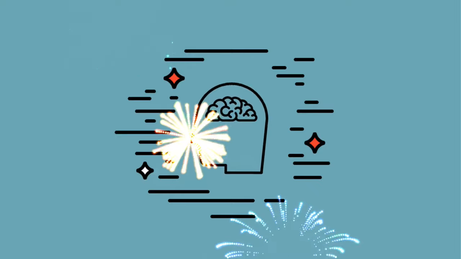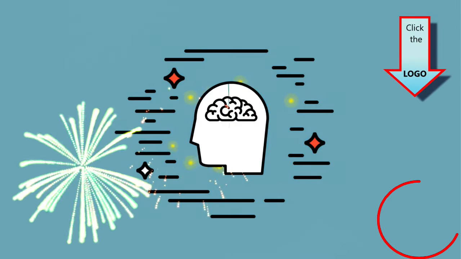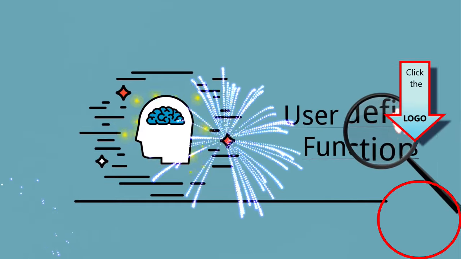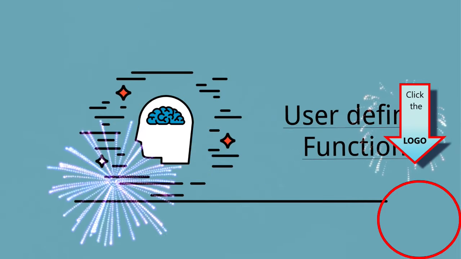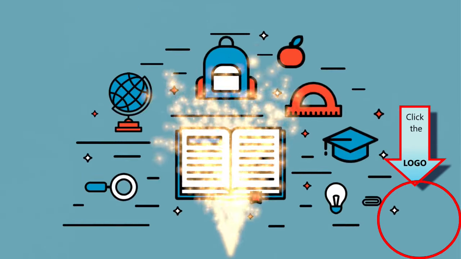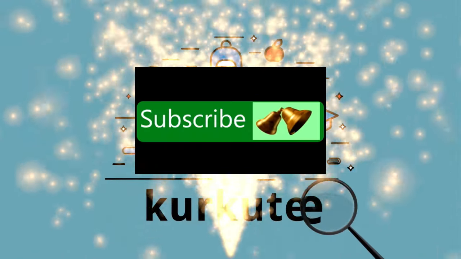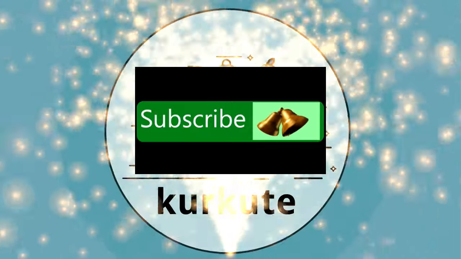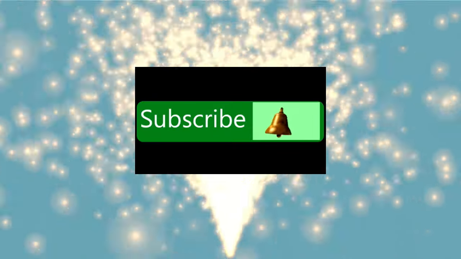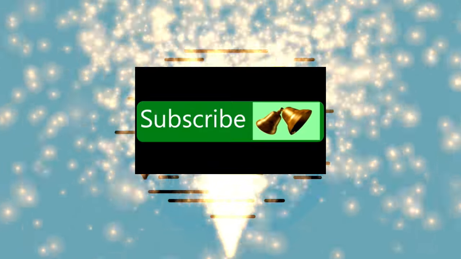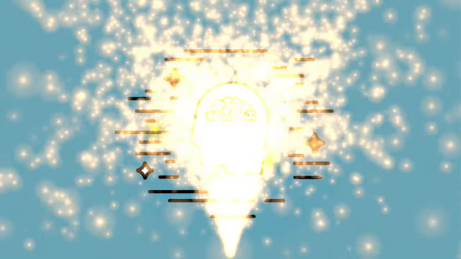Remember, all the complicated programs behave in the same way. Instead of output is equal to num star num, which is a single line, there may be thousands of lines, it doesn't matter. The syntax will remain as it is. In the next video, we will see what the different types of functions are.